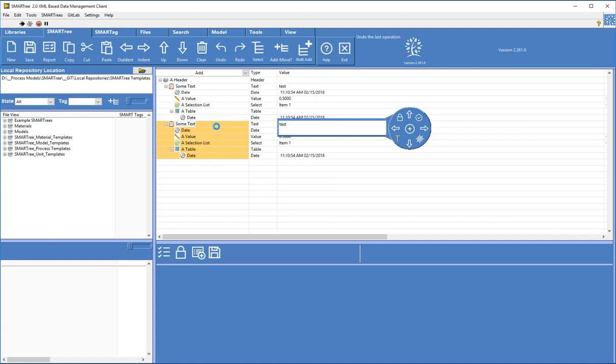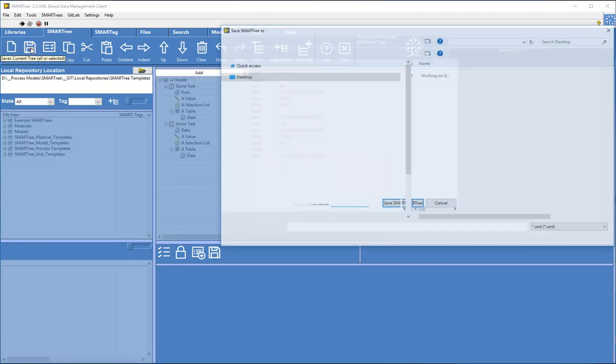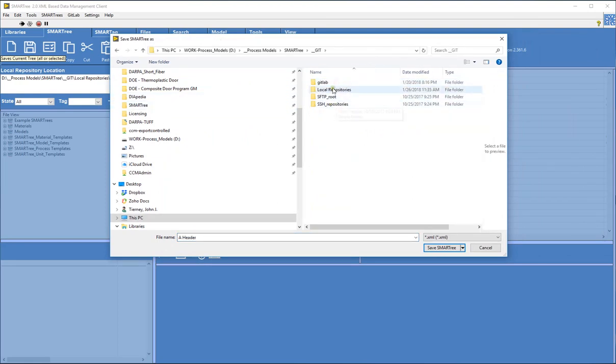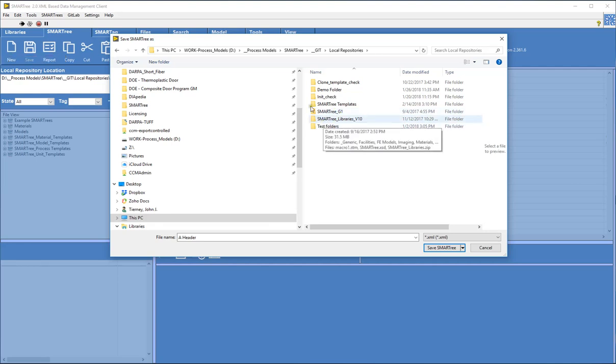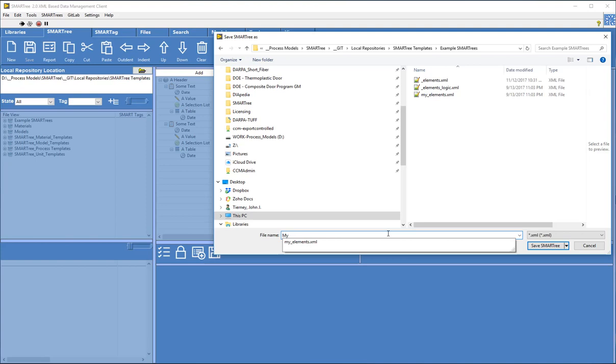So now that you've made your tree and you're happy with its organization and hierarchy and all the logic conditions you may or may not have assigned, you then have to save your tree. So the saving process is pretty straightforward. You just simply hit save and you decide where you'd like to have it. So in this case I might want to put it under some repositories that I already have, some folders. So in this case I am in my templates folder, so let's go in here and I will save this as a simple tree, my first tree, SMARTree,